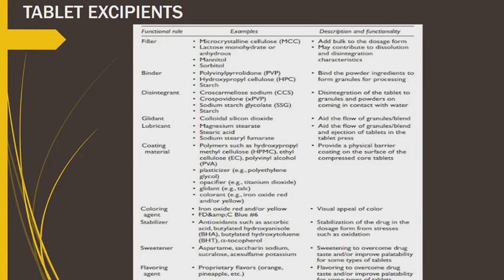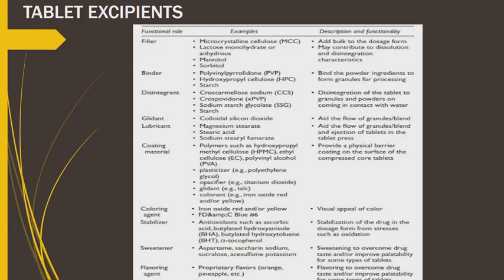Now we are going to see in this table the various excipients which are added in the tablet and their description. First is fillers which we call diluents. The most common diluents or fillers are microcrystalline cellulose MCC, lactose monohydrate or anhydrous, mannitol, sorbitol. The fillers or the diluents function by adding the bulk to the dosage form. They increase the bulk of the dosage form and also contribute to dissolution and disintegration of the tablet in the